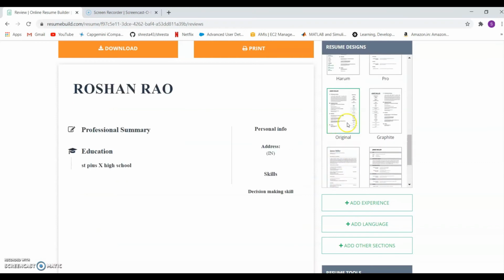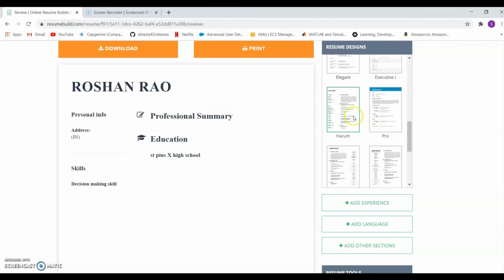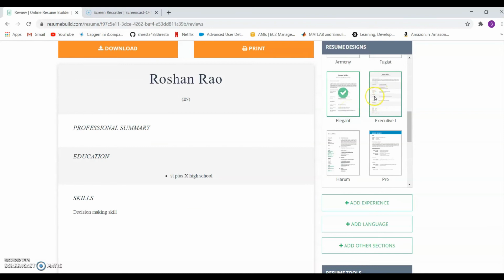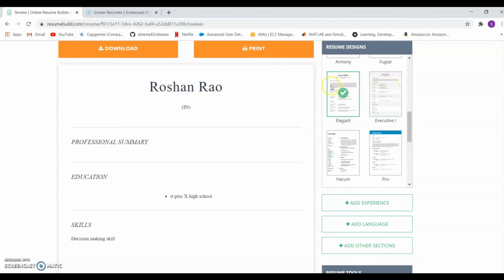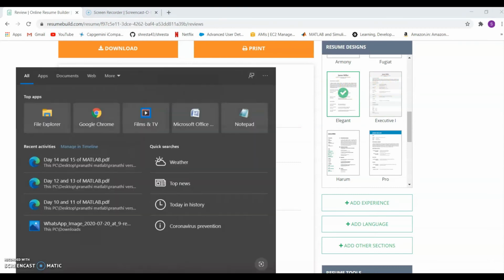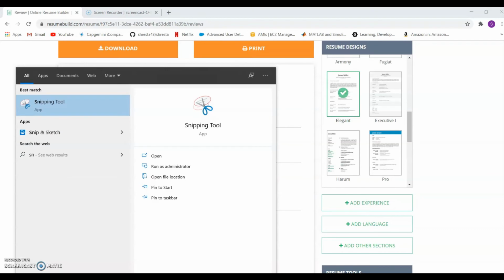Again, when you have downloaded your resume, you can't change it. You have to go through the process once again. So make sure that you are decided and comfortable with the font and everything here itself. After you have checked it twice, you can go ahead and implement my trick here.